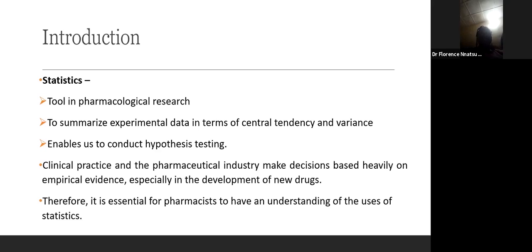We use it to get our central tendency, variance, even mean, median, and mode, to enable us to conduct hypothesis testing. Then clinical practice and the pharmaceutical industry make decisions based heavily on empirical evidence, especially in the